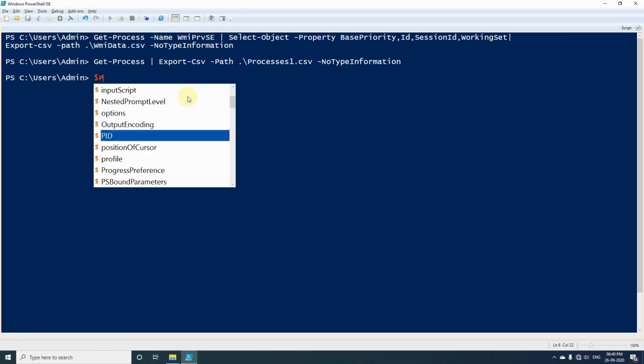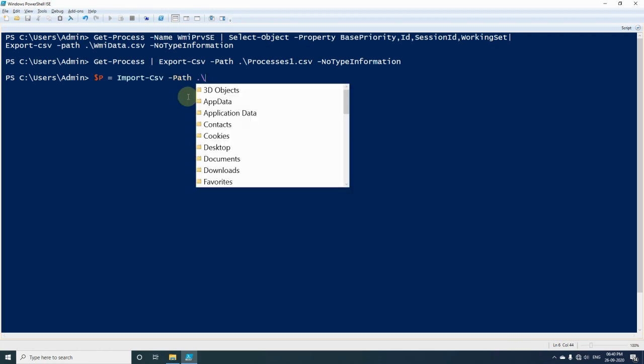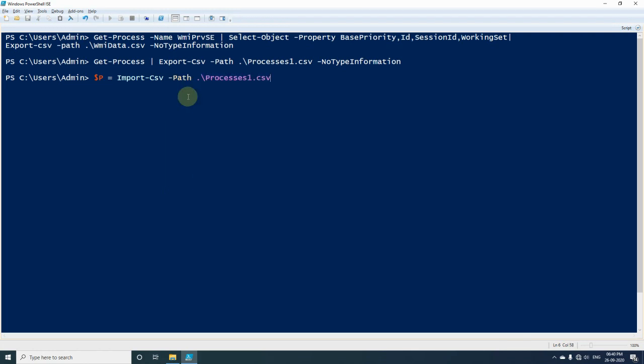First of all, I will be creating one variable called $p. Whatever data we import will be stored into $p. So here is the cmdlet called Import-Csv, and in the path we will use processes1.csv.